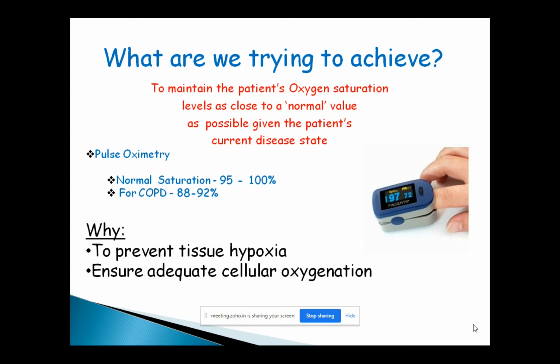And also by giving too much oxygen to these patients, you may be putting them at a huge risk of hypercapnic respiratory failure. Basically, giving oxygen to COPD patients inappropriately can drive the CO2 to a higher level. So their carbon dioxide level will go up and they will become unconscious, and then they could go into respiratory failure followed by respiratory arrest. So this is something very important for you to know: who you're treating, what their background is, what their clinical conditions are, and what is the acceptable saturation level for that particular patient.